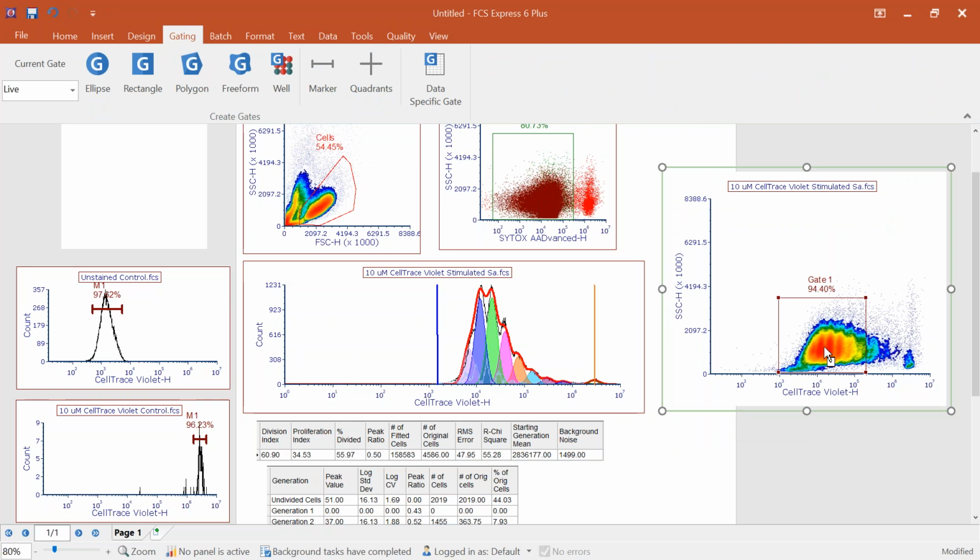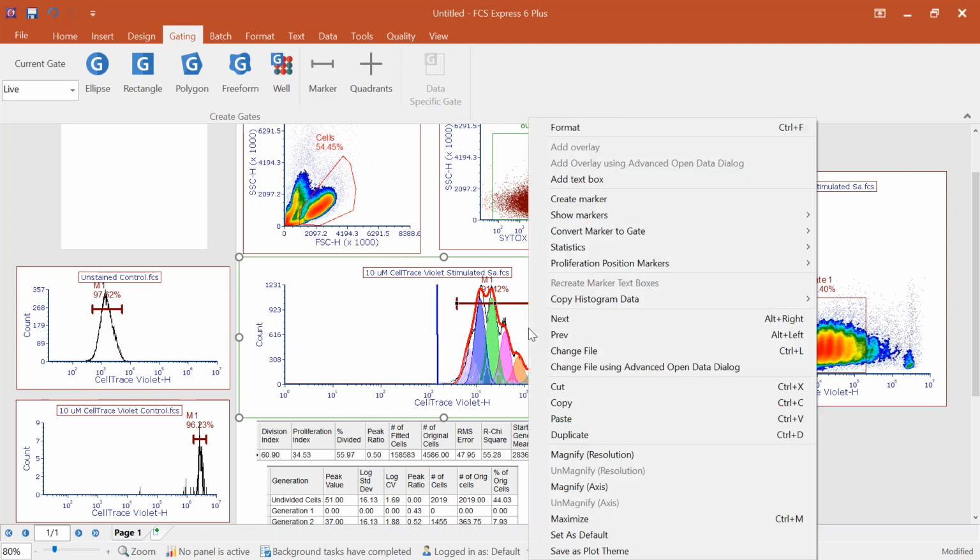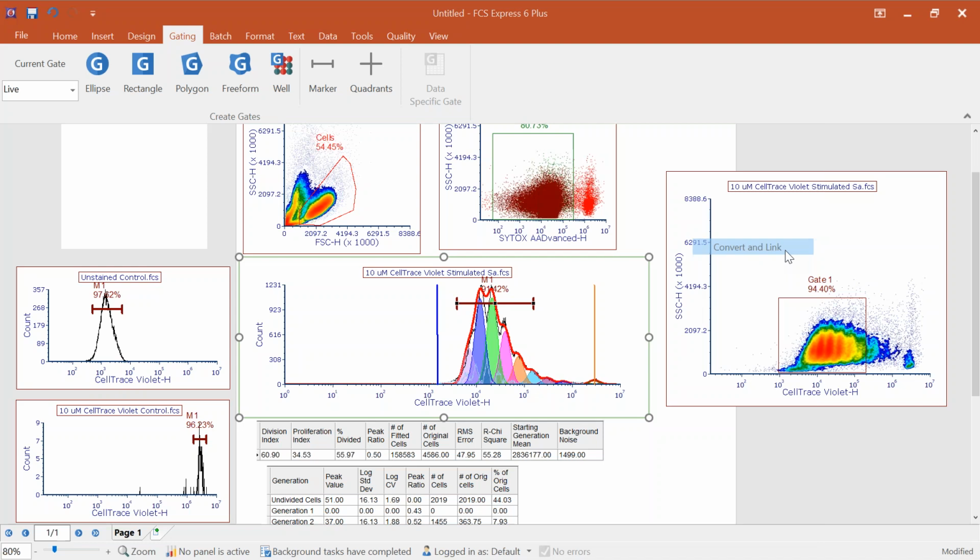The gate will get created, and you can even apply that back to the proliferation plot to look at the amount of proliferation going on in those generations. And, conversely, you can create a marker on your proliferation plot. You could simply right-click and convert that marker to a gate. And what that will allow you to do